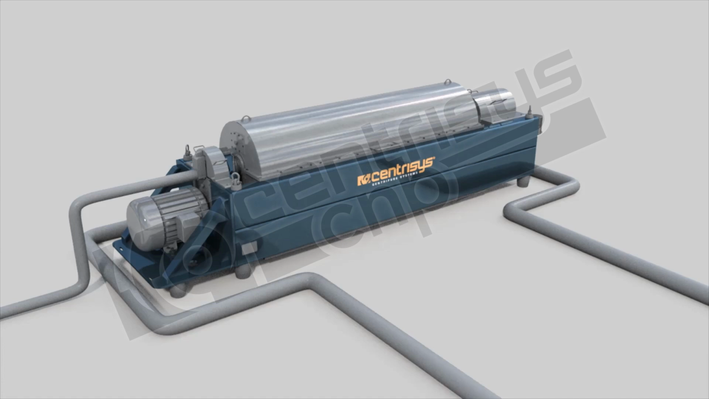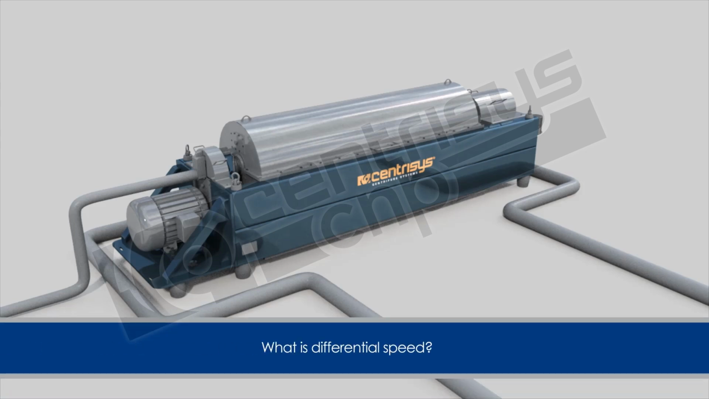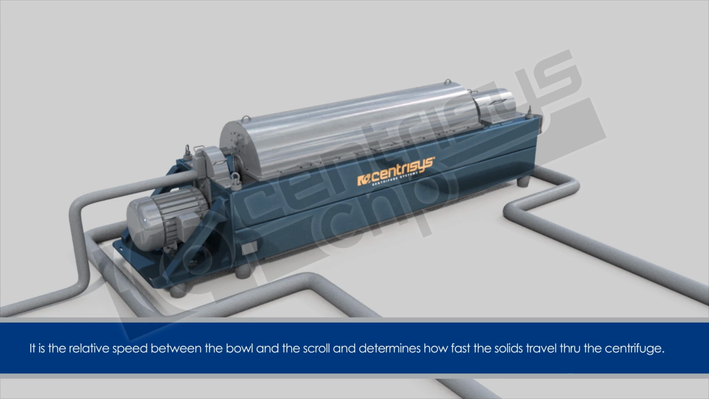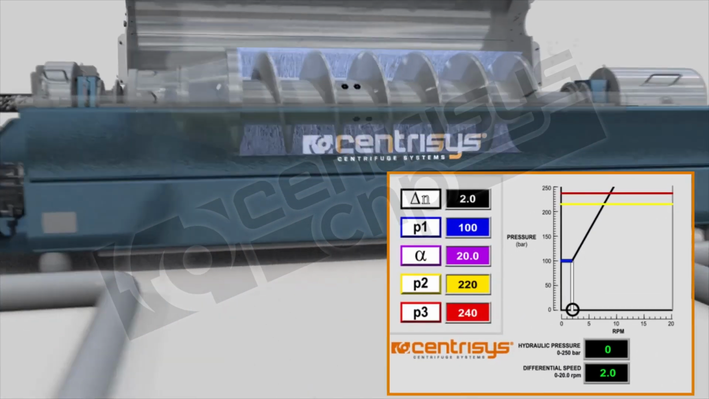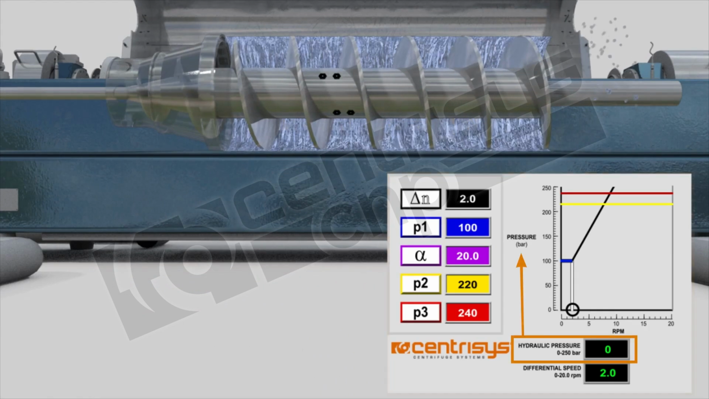In a centrifuge, you have a bowl and scroll that create a differential speed between them to move solids through the centrifuge. In this video, there are several items to look at as far as the cross-section of the machine and the internals as well as the regulation. On the right-hand side, we show a graph that shows pressure as well as differential speed. And there are several buttons that are parameter set points that control the automatic regulation of solids movement through the